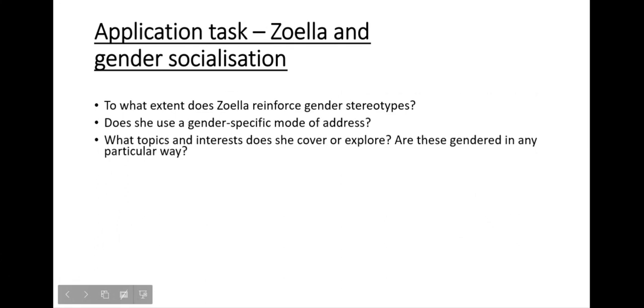I don't want to push you too much in this direction, but there are some things that Zoella has talked about in the past which are actually quite interesting here, because she has also talked about some topics which go beyond just femininity and beyond just hair, beauty and makeup. She's actually talked about some quite serious issues in the past. So when you come to do your research, have a little delve around and see what things you can find